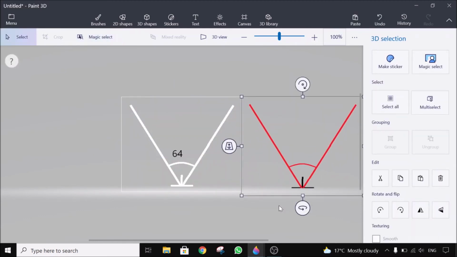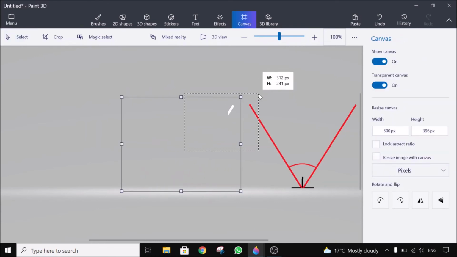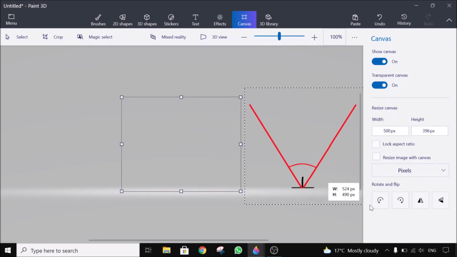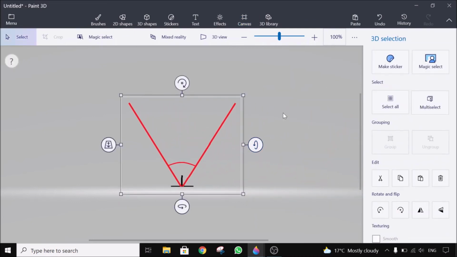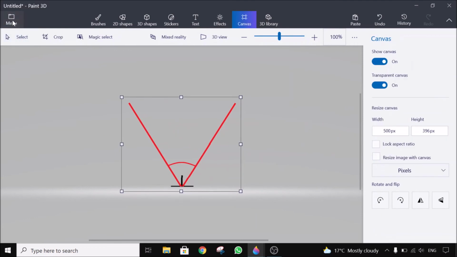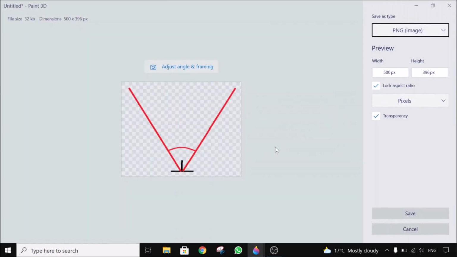So I just drag it on the right side. I don't want to include this, so just delete the rest of it from inside. Now drag this template back inside. Here you go. Now menu, save, image, and make sure on the right side you have this checkbox, transparency. Now I will save it,